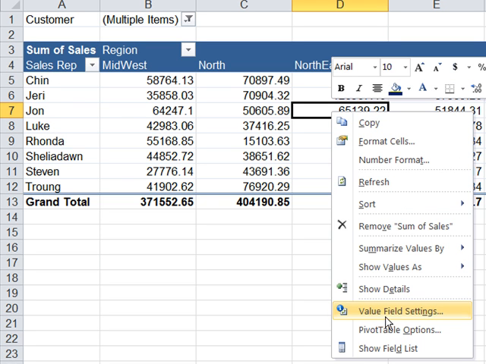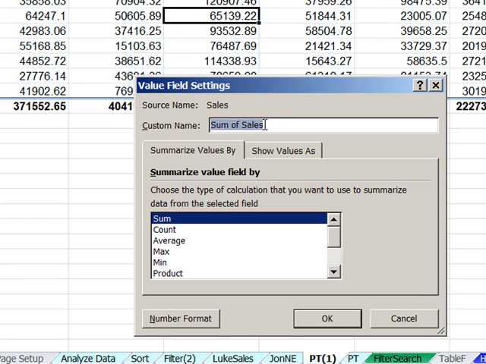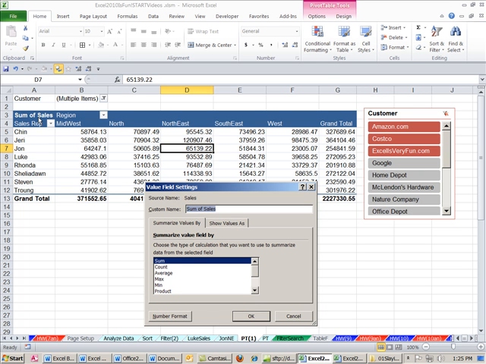Value, because we're in the value area. Field, because it's a field. We want to add a number formatting to the sales field. And Settings, because that's where all the settings are. So I'm going to click that. Now there's a bunch of amazing things. You can actually change the name. So up here it says Sum. But watch, if I type Sales,